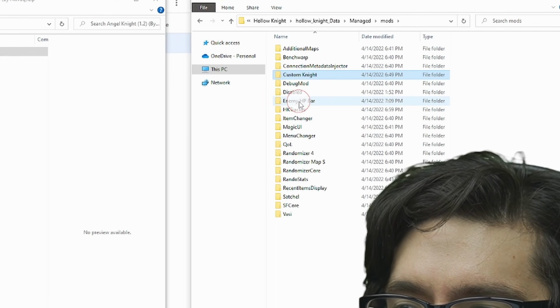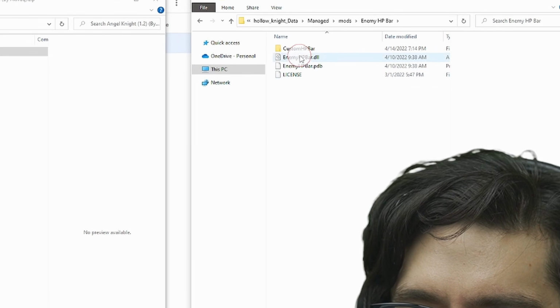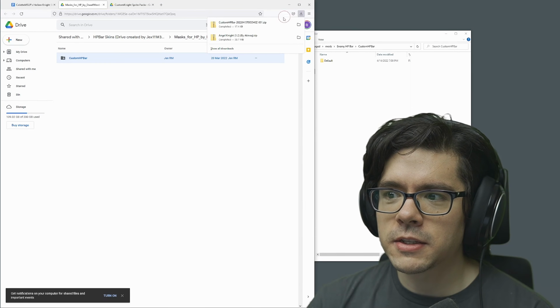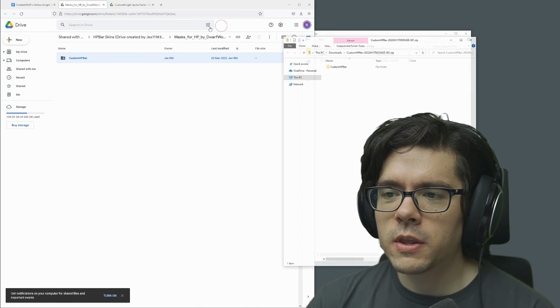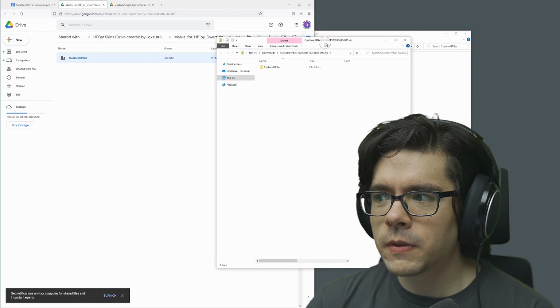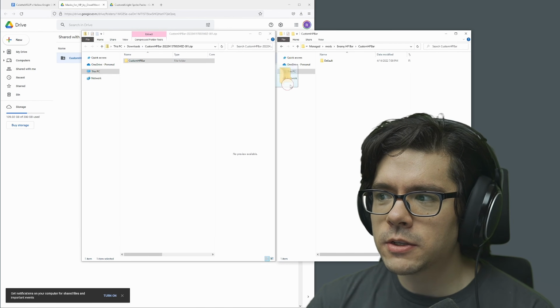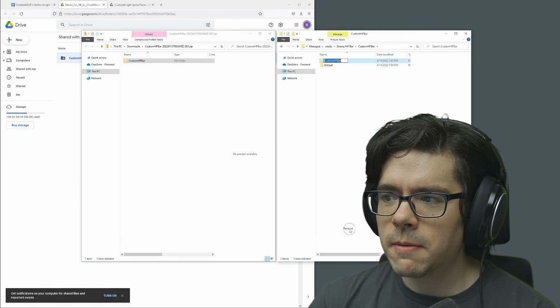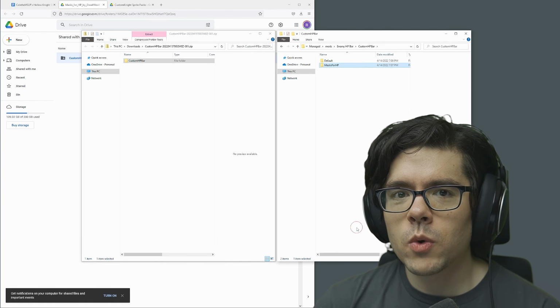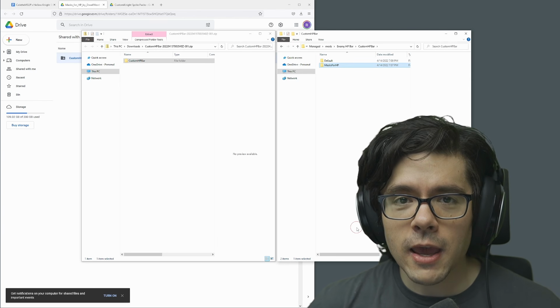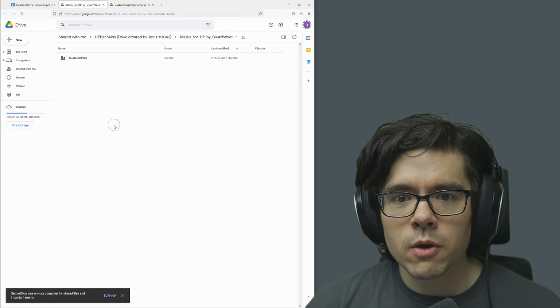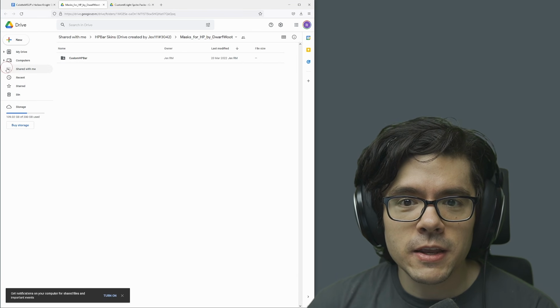So now I'm going back to my enemy HP bar folder, and I'm going to do the exact same process. Open the custom HP bar zip, and then simply drag it into the custom HP bar folder. Now I'm going to rename this to masks for HP, just so I can tell what it is in the game. However, there's actually one more step that we can do, which is changing some of the settings of the